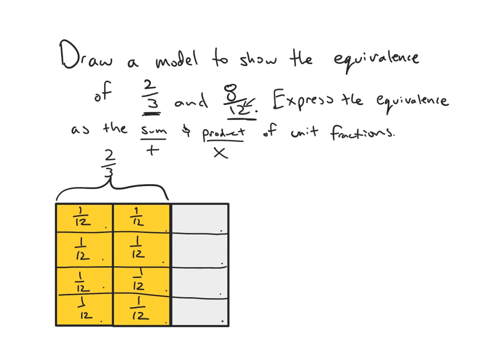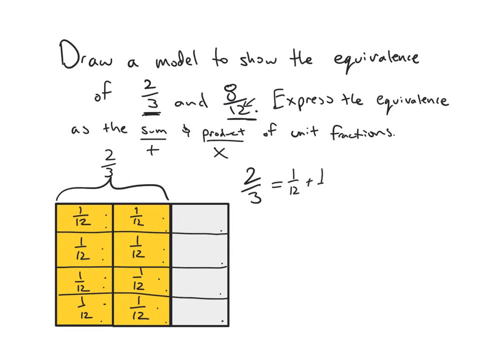So I've labeled all the unit fractions of 1/12. And so I'm going to go ahead and now show the equivalence using a number sentence with addition. So I'm going to show that 2/3 is equal to, and I have 1, 2, 3, 4, 5, 6, 7, 8/12. Make sure I actually have an equals sign here. Equal to